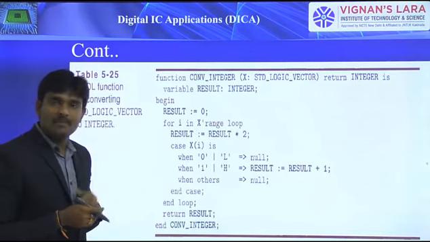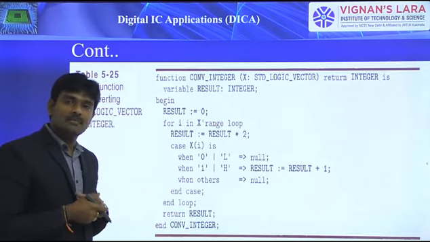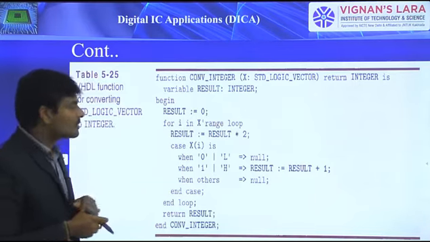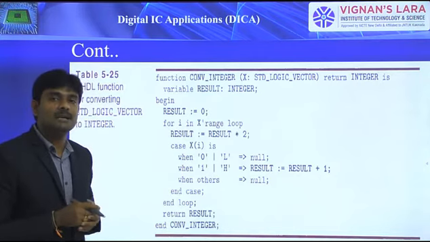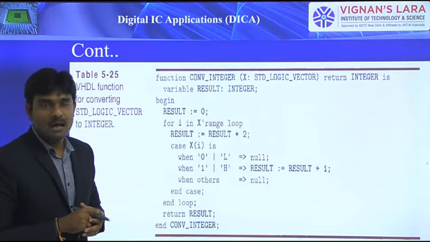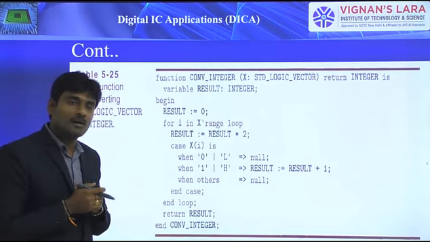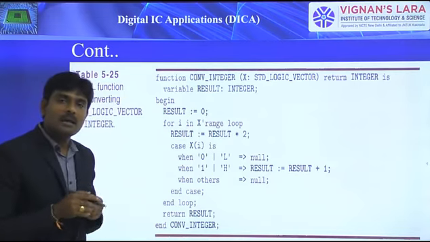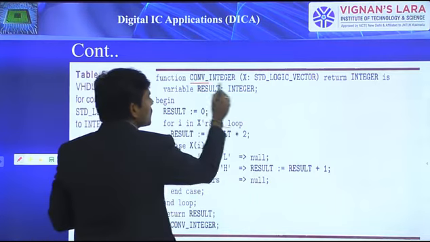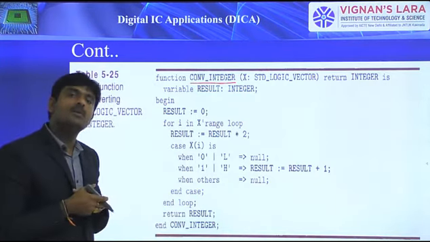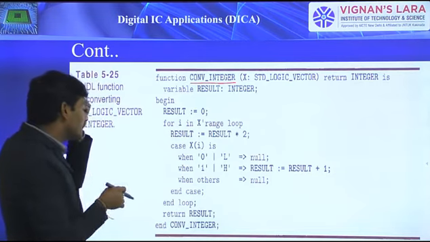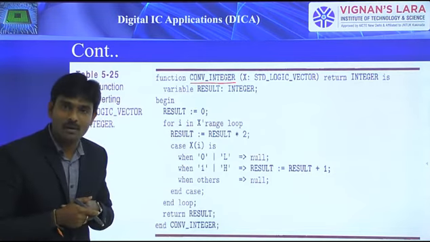Coming to the prime number detector, while using select case statements, instead of representing with binary, there we considered integers. And there I mentioned that the function call is conv_integer of n. That is the function call we made over there. In that regard, here I considered that particular example.